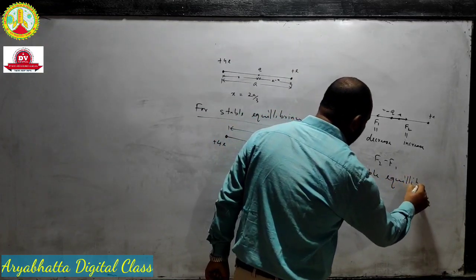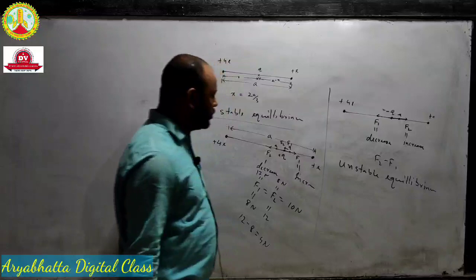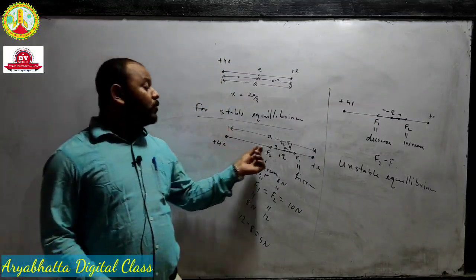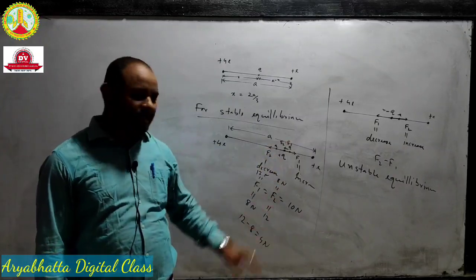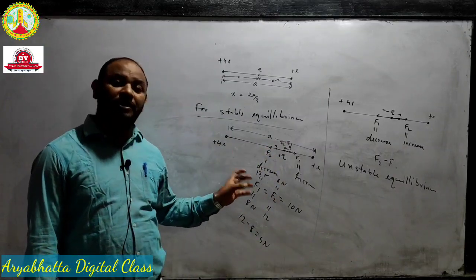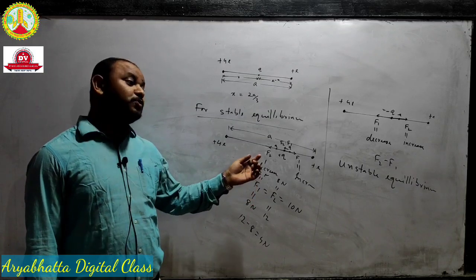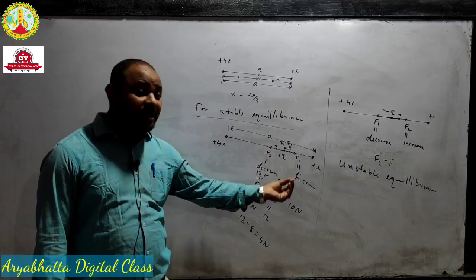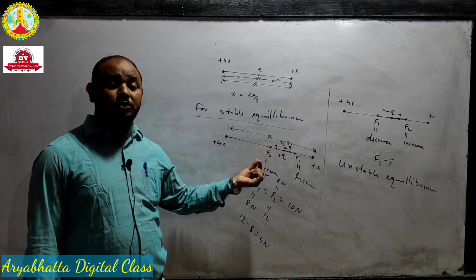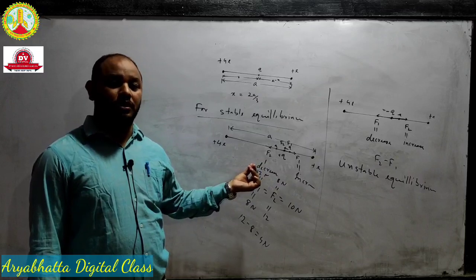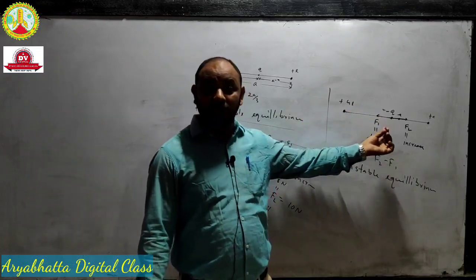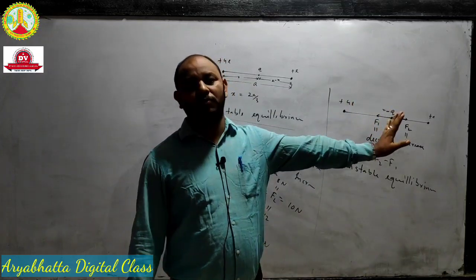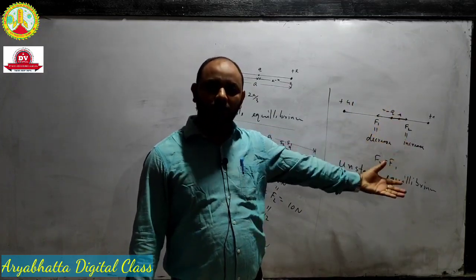Unstable equilibrium. And this will be the stable equilibrium. That means when we put a positive charge in between two positive charges, the equilibrium will be stable. How is it stable? If it is displaced towards right or left, the net force again brings the charge towards the same position, towards the equilibrium position. But if we put a negative charge, if it is slightly displaced in any direction, it will move in that direction completely. That is why it will be unstable equilibrium.